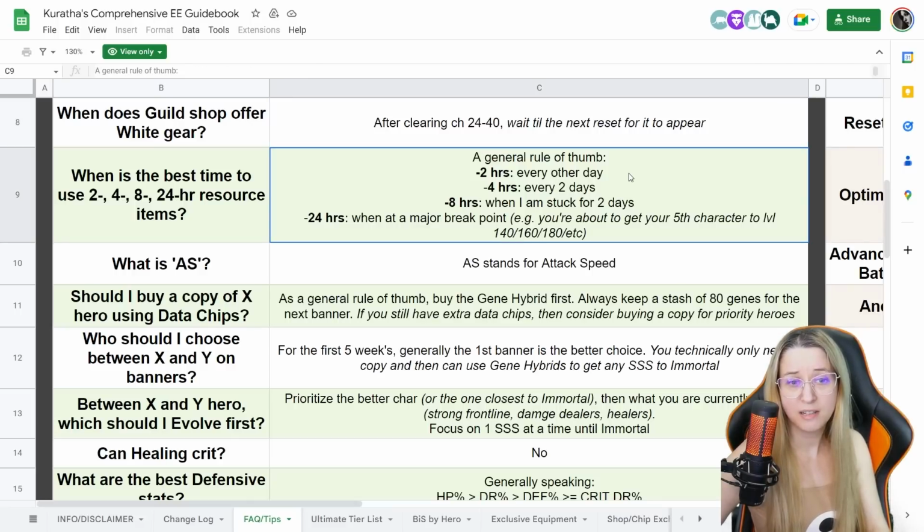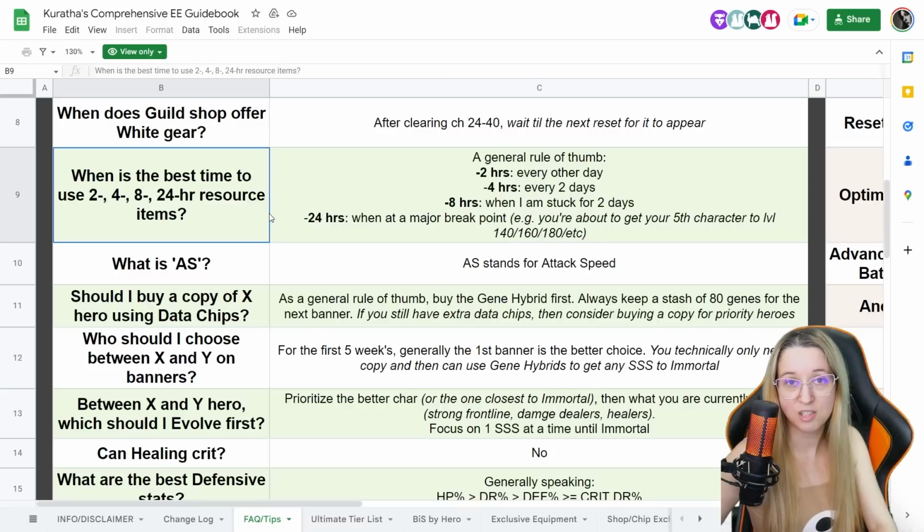You want to progress your account as fast as possible, get your heroes to the highest level as fast as possible, to make grinding as fast as possible, right? If you're trying to grind, why would you wait to get enough resources to make your hero level 200 instead of 199? Why would you wait another day? Why would you wait until you've been stuck for multiple days to collect resources? I mean, I get stuck in story eventually. I got stuck on the really high levels, but I don't know.